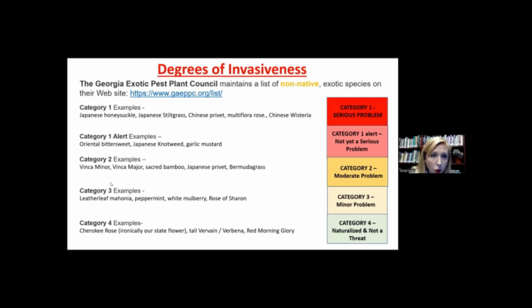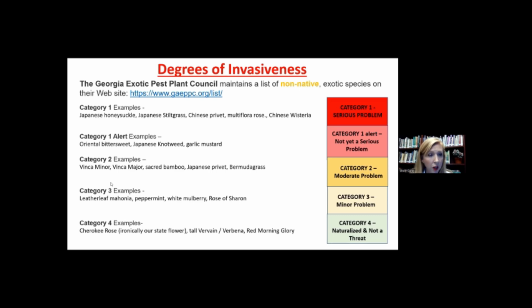So there is actually a way that they classify invasiveness here. It's the Georgia Exotic Pest Plant Council, and they maintain a list of non-native exotic species on their website that's here, and we'll be sure to provide that link as well. So this category 1, you'll see the examples on the left-hand side, but these are serious problems. We've got Japanese honeysuckle, Japanese stiltgrass, Chinese privet, multiflora rose, and Chinese wisteria, all a serious problem here in our